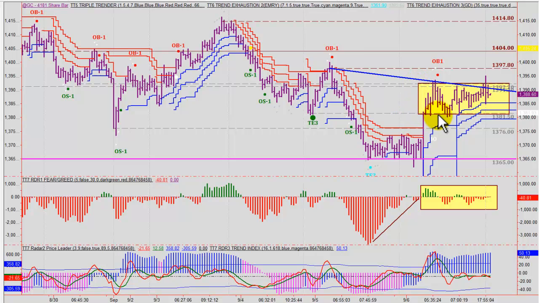1392 and 1381. We saw quite a lot of significant selling down here at the bottom, so I don't really see an exhaustion of that selling. There is a bullish divergence here just before this move to the upside, but I think that had more to do with news than market sentiment